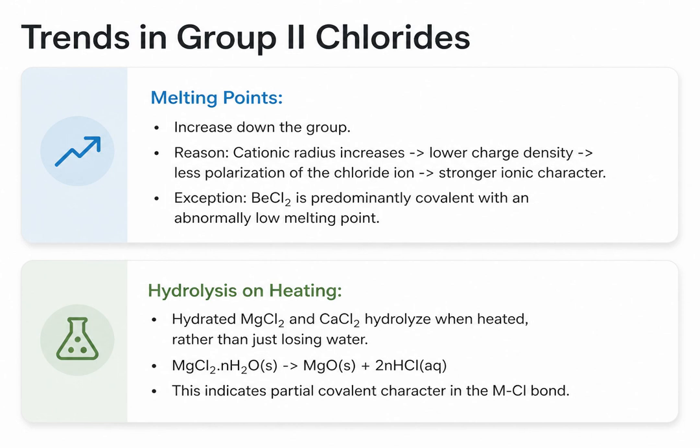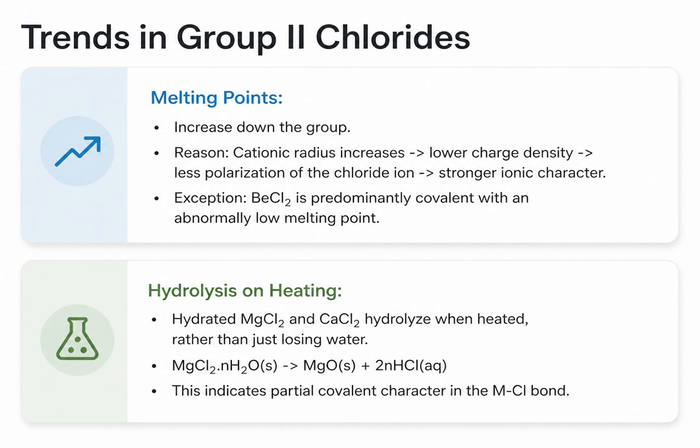Why? Because the chloride ion is large and easily distorted. Small cations at the top of the group polarize the chloride ion, creating covalent character which lowers the melting point. As you move down to barium, the cation gets larger, its polarizing power drops, and the bond becomes more purely ionic and stronger. This covalent tendency is also why hydrated magnesium and calcium chlorides hydrolyze into oxides when heated, rather